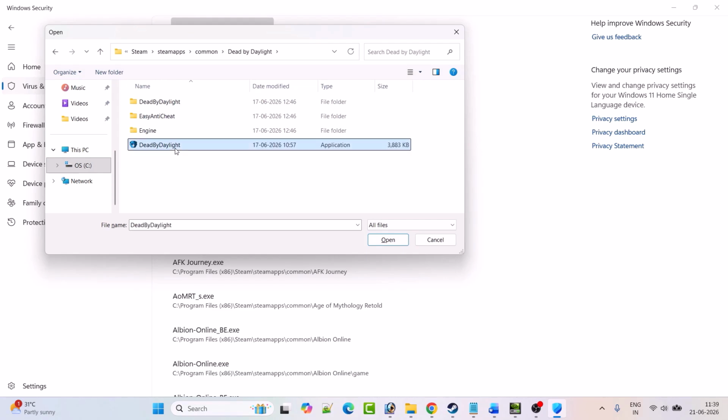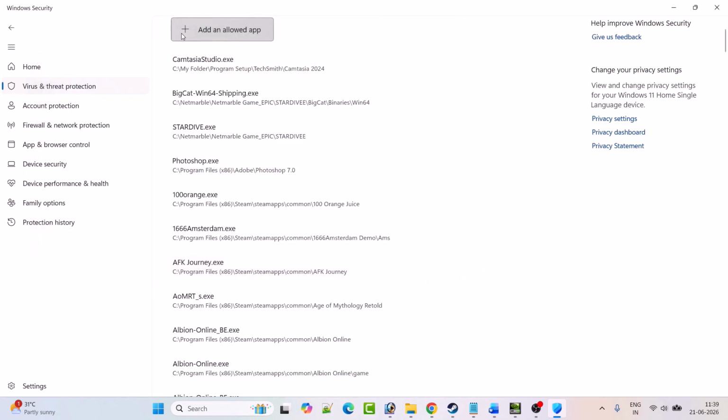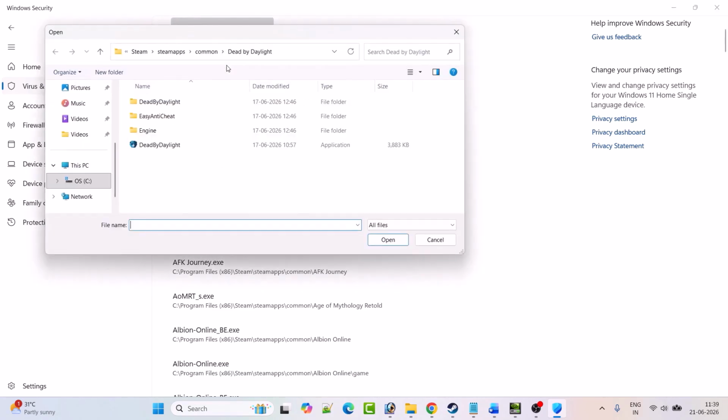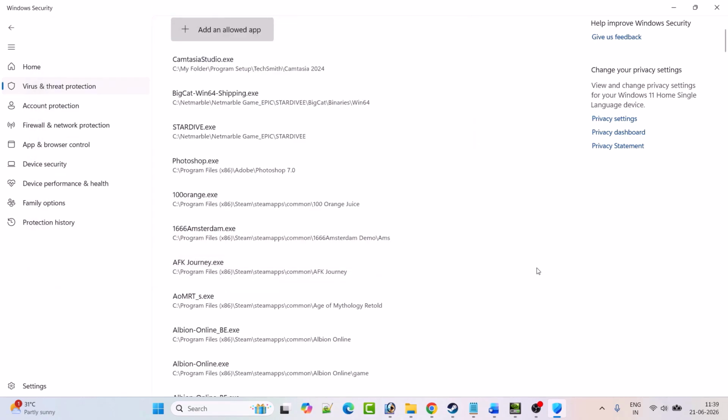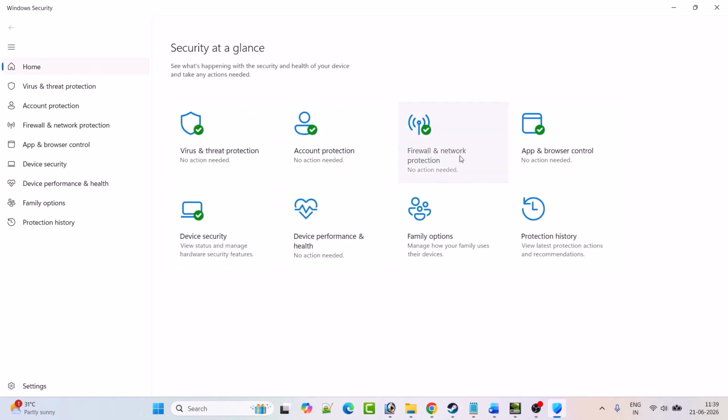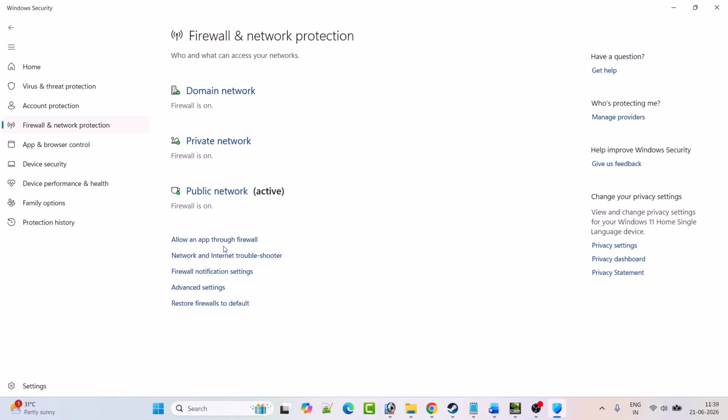First select this Dead by Daylight exe file, click open, and then click on add an allowed app, browse all apps. This time open Dead by Daylight folder, Binaries folder, Win64 folder, select Dead by Daylight Win64 Shipping exe file and then click on open to add it to the list. After adding both the exe files, go back, click on firewall and network protection, click on allow an app through